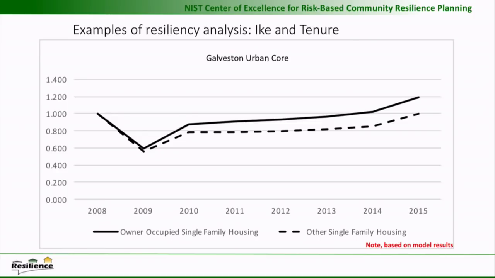Here is a graph for renter and homeowner housing. The dark line is for owner-occupied, the dash is for rental housing, and we can see that lag that oftentimes happens. Rental housing is much slower in coming back. In Galveston, for example, 50% of households rent in those areas. So we're talking substantial proportions of the housing in that area not coming back online, having major consequences for population